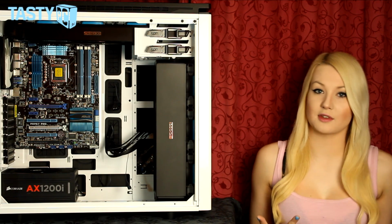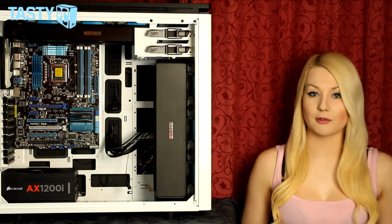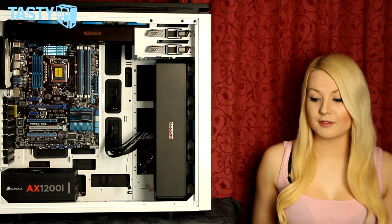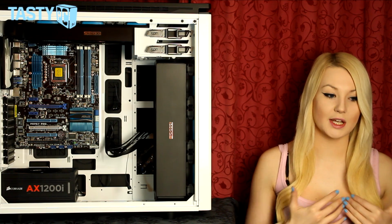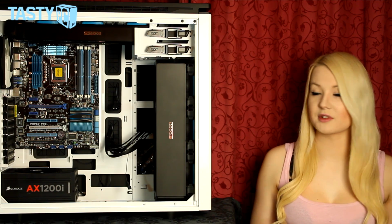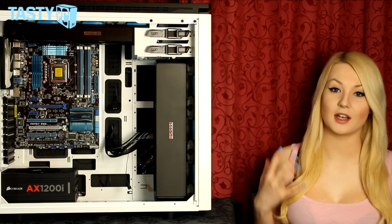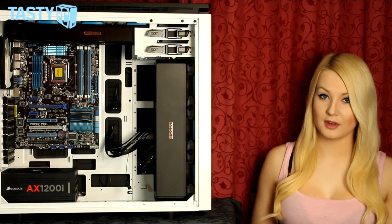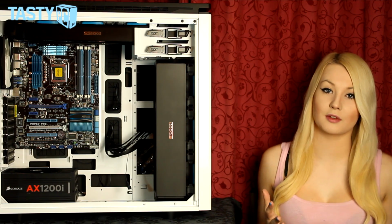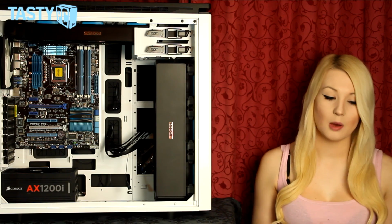So on to whether I give this case an award or not. Well, obviously this is my first time ever working with NZXT, and I'd love to work with them again in the future. But I have never and will never give a product an award if I don't feel like at the time it deserved it. And the question I've got to ask myself is, would I recommend this case to someone? And with some modifications, then yes, it's a great case. But with it how it is right now in this form, I can't. So for that reason, I'm not going to be giving the NZXT H630 an award, which is a massive shame